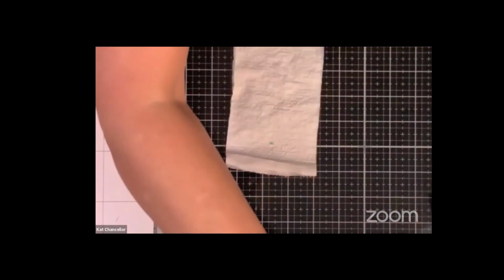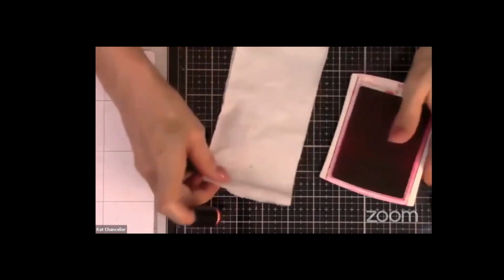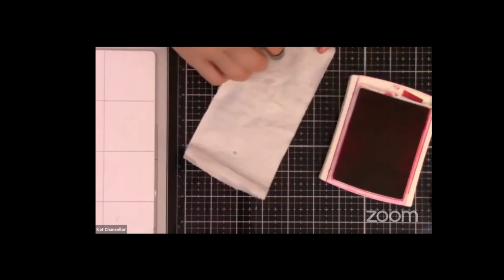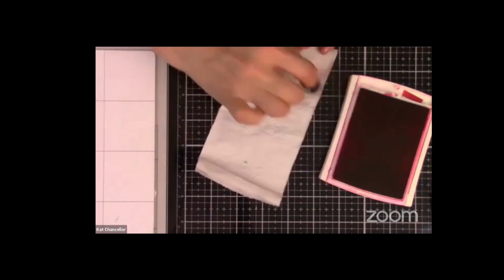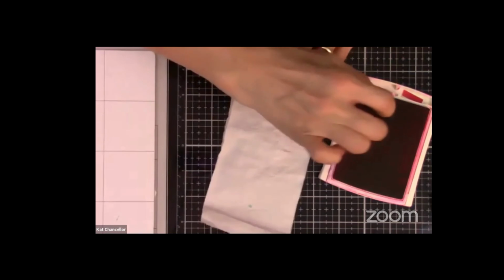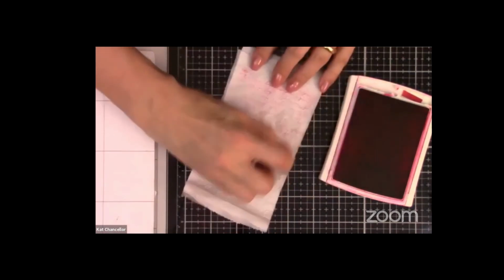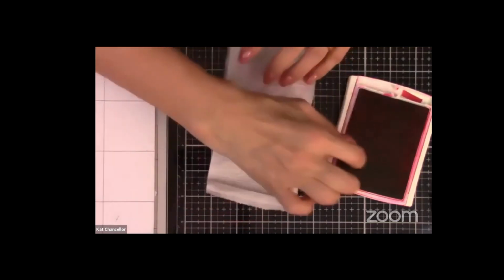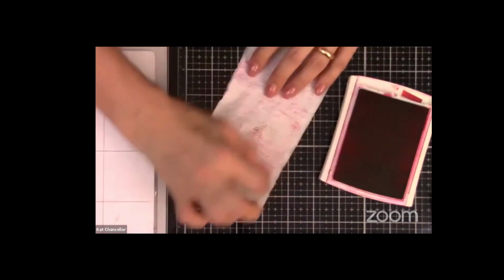I'm going to take a red, let me see if I can find red. And I'm going to do the same thing. I'm just going to go ahead and very lightly, I'm just kind of going across. And all I'm trying to do is kind of hit the letters. And then if I kind of want to darken the edge,